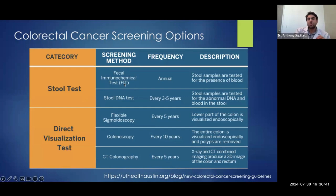And so I'm going to go over a few of them because this is a really important point. So there's the fecal immunochemical test, or FIT test, it's called. And this looks for an antigen to blood, to hemoglobin in your stool. This has to be done annually for its best effectiveness. It's about 70 to 80% sensitive to pick up a cancer. And it's a good test, but it's not one that I routinely recommend to patients if they have the ability